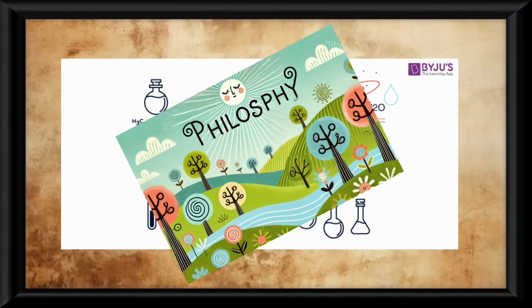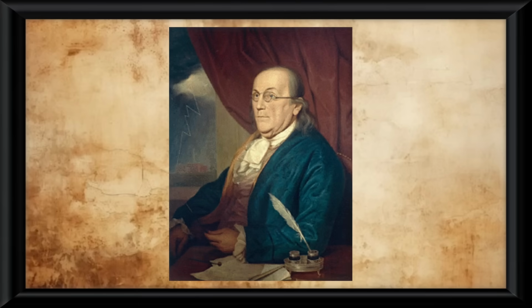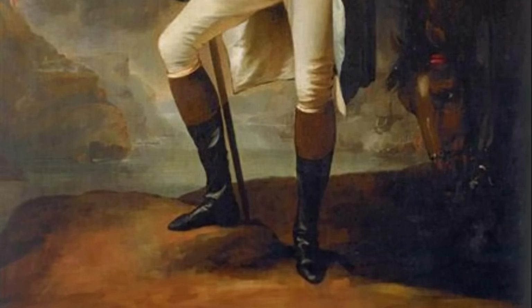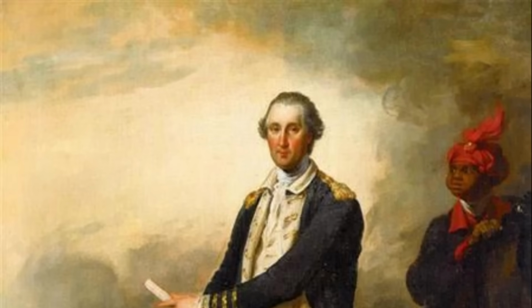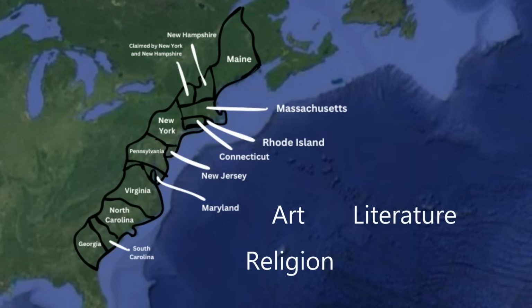Science and philosophy also left their mark. The 1789 portrait of Franklin by Charles Willson Peale highlights his status as a philosopher and a scientist, depicting him with a lightning rod, a symbol for his contributions to understanding electricity. John Trumbull's portrait of Washington and William Lee showed how painters crafted a visual narrative celebrating the American Revolution. These cultural developments reflect the growing sense of national identity in America, even as regional differences remained strong. The country's culture was evolving, from its art and literature to its religion and architecture.